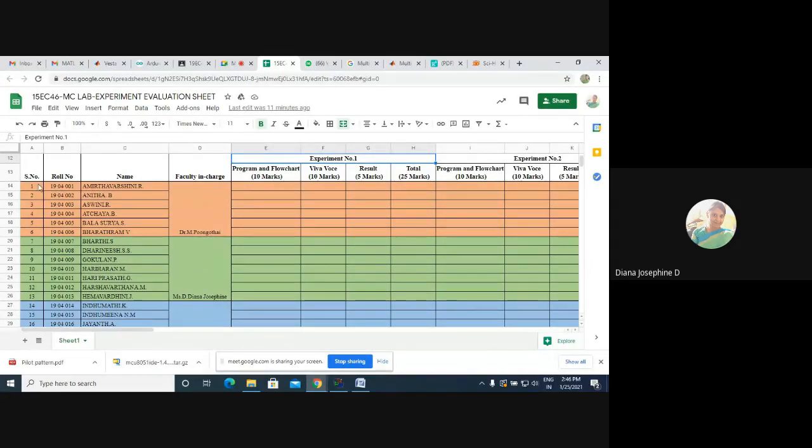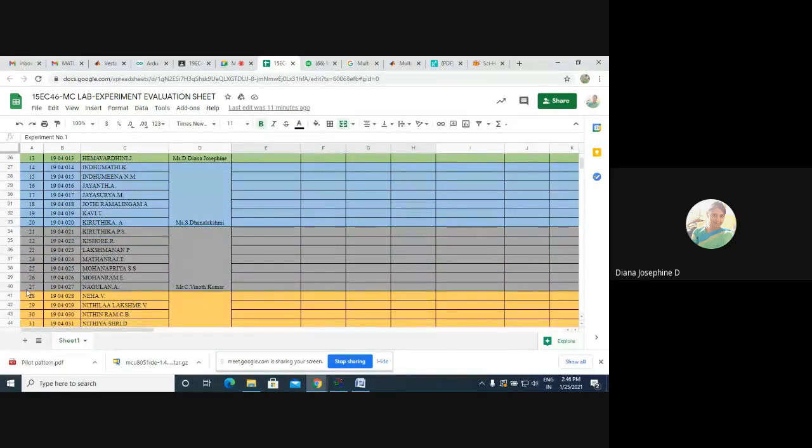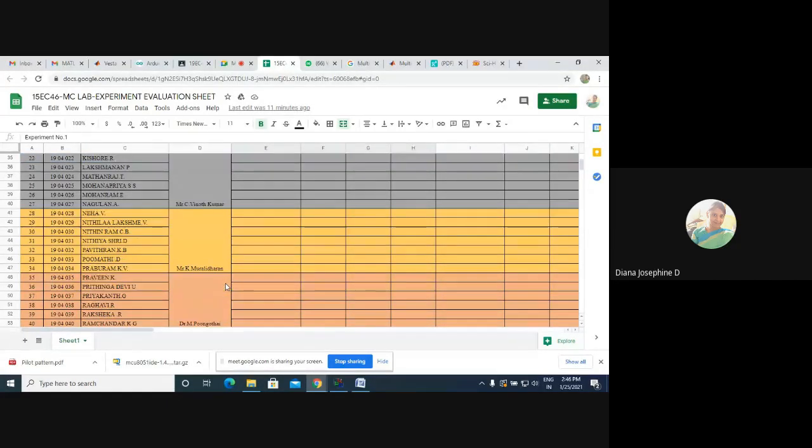Roll number 1 to 6 will be under Dr. M. Pungodai, and roll number 7 to 13, myself will take care, and roll number 14 to 20, Miss S. Dhanlakshmi ma'am will take care. Roll number 21 to 27, Mr. C. Vinod Kumar will be the in charge. Roll number 28 to 34, Mr. K. Muralidharan will be the in charge. Okay, so this is the split up for batch 1, Monday batch.